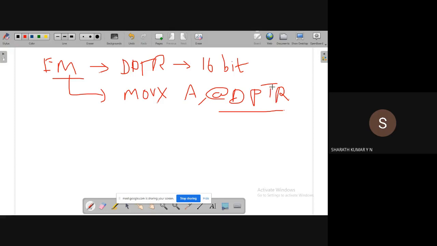The external memory address is stored in DPTR, and that location is accessed using register indirect addressing mode. We have discussed in detail that external memory access cannot use any addressing mode other than register indirect addressing mode.